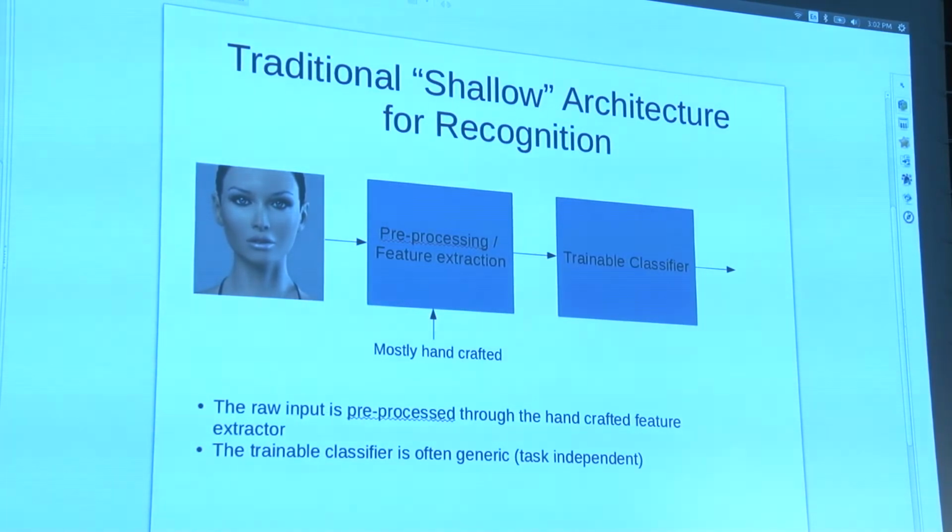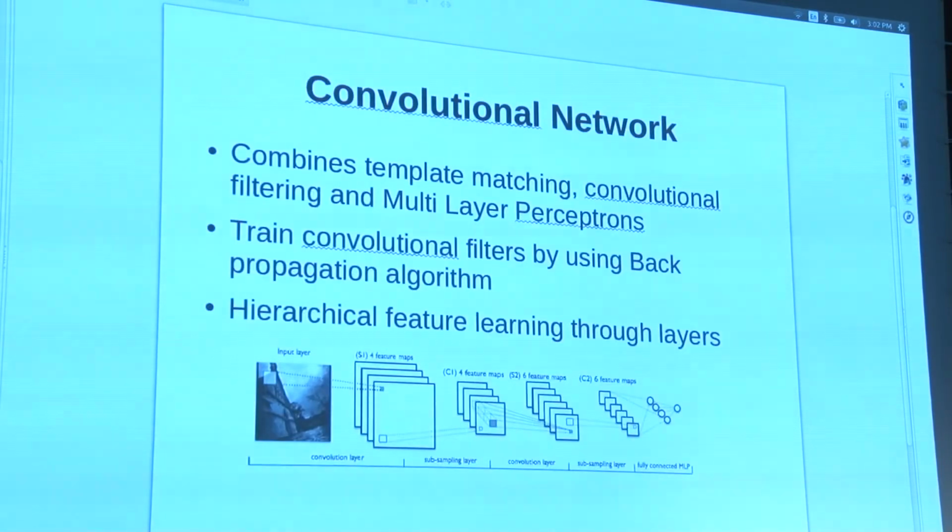But the new thing that convolutional networks brought is that they figured out that they can train these filters, these convolutional filters, using the backpropagation algorithm. So now you don't have to manually prepare the feature extraction and pre-processing, but you can train the network to adjust, to adapt those filters.